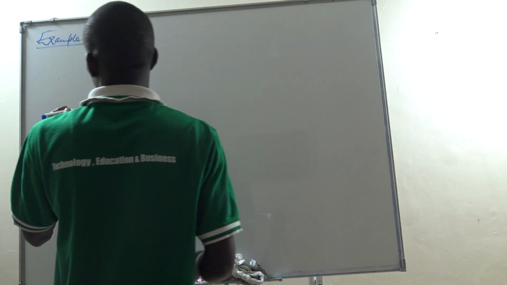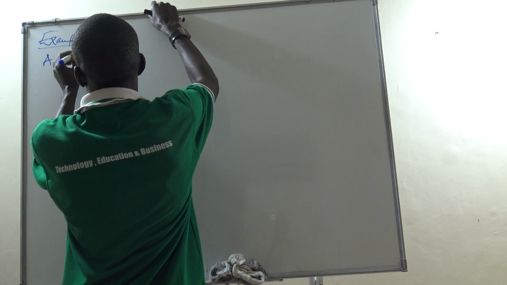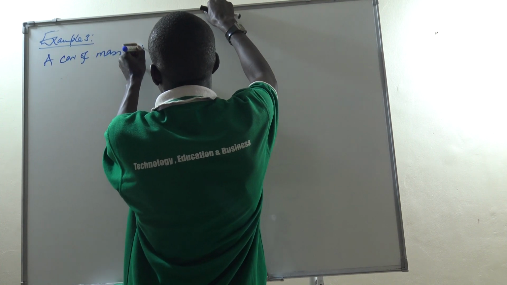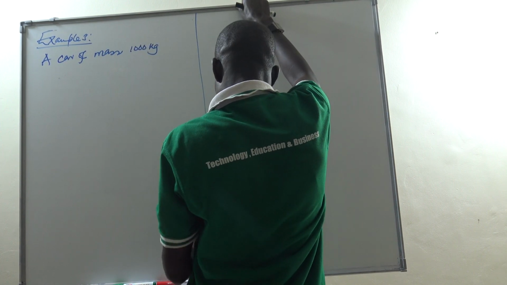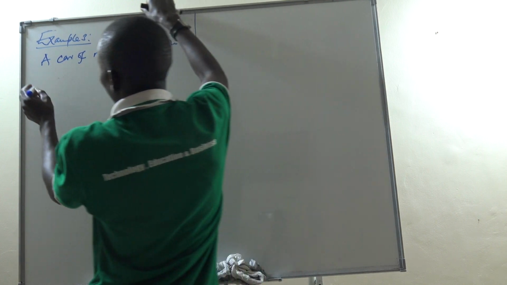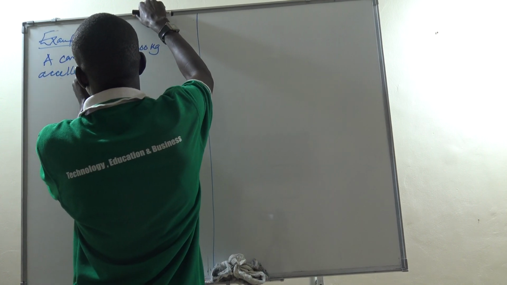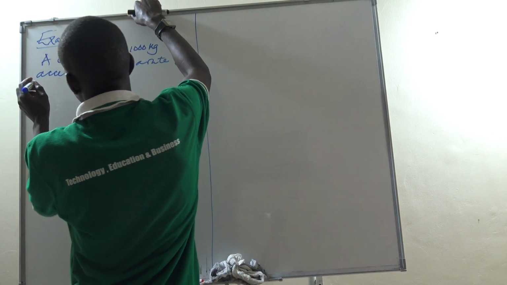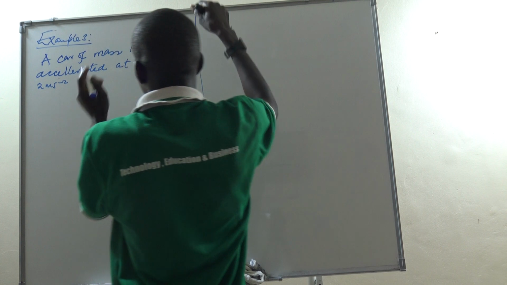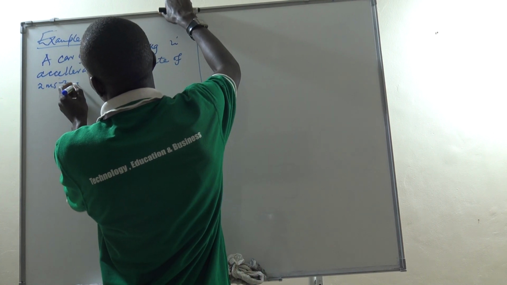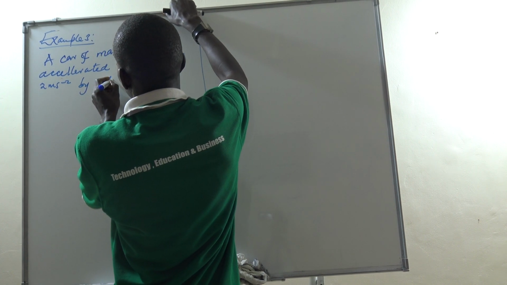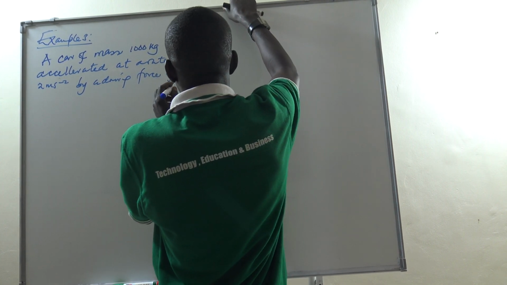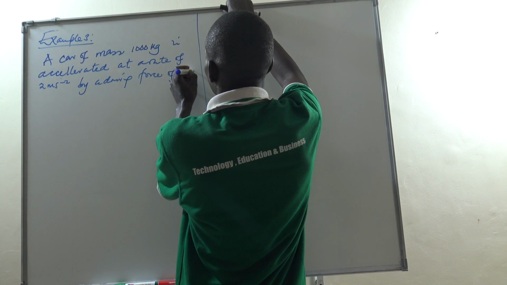So let's look at example 2, which is saying that a car of mass 1000 kilograms is accelerated at a rate of 2 meters per second squared by a driving force of 2 kilonewtons